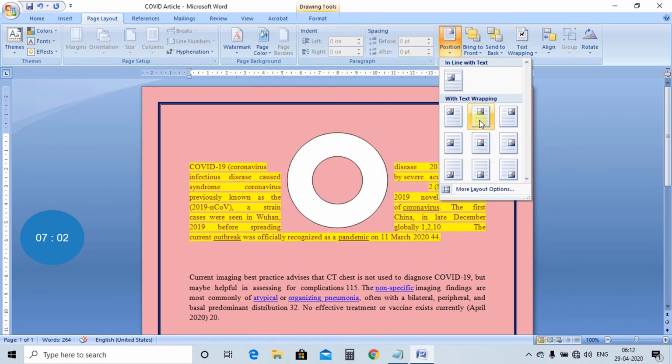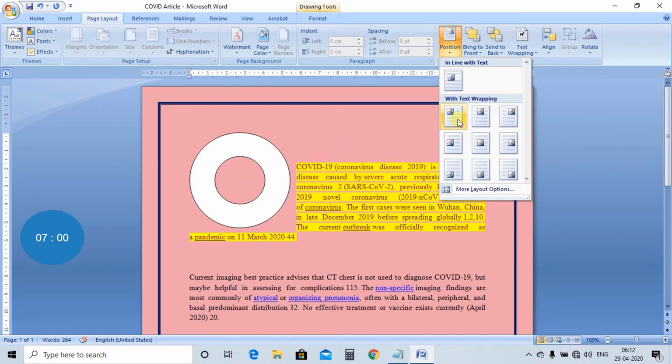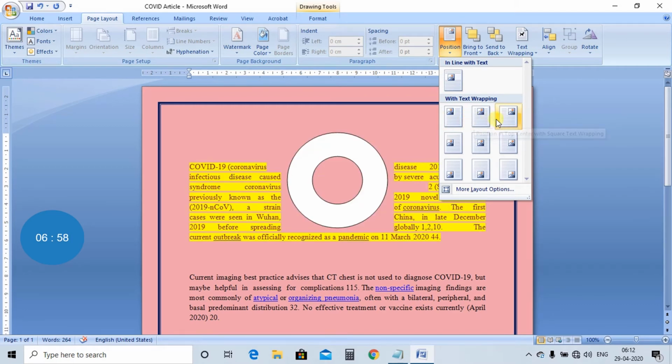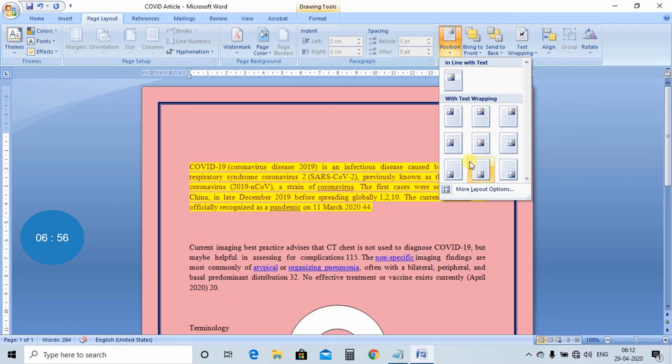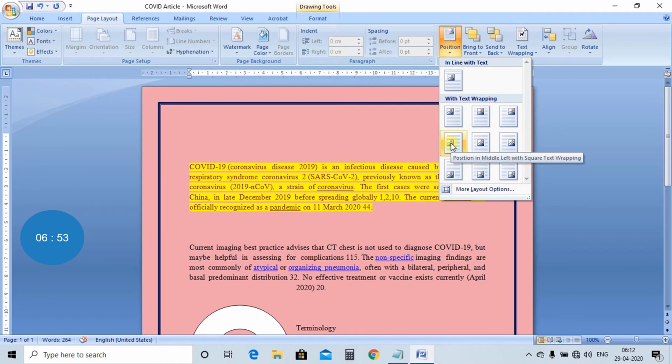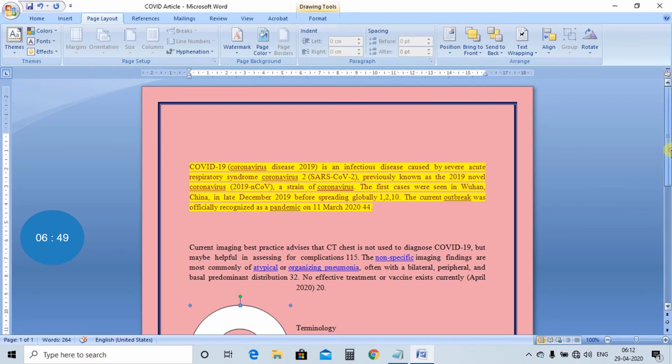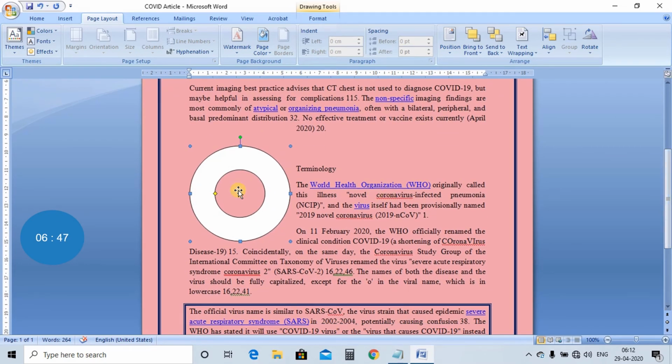Wherever you want to place this particular shape or image, you can select the position of the image. Suppose I have selected this position is middle left, so the image or the shape will be displayed in the middle left.